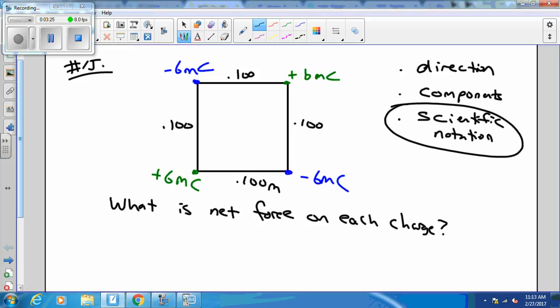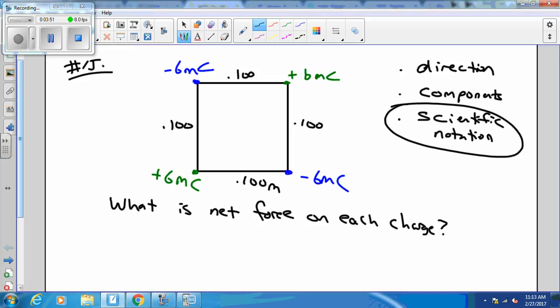They're both 1 over root 2. So I'm just going to leave those numbers as they are instead of writing them as decimal values. And there it is. And the direction is going to be handled by our basic rule. Opposite charges subtract, and like charges